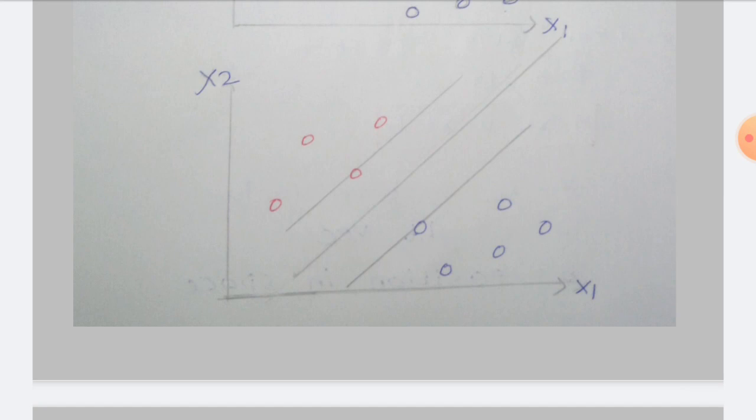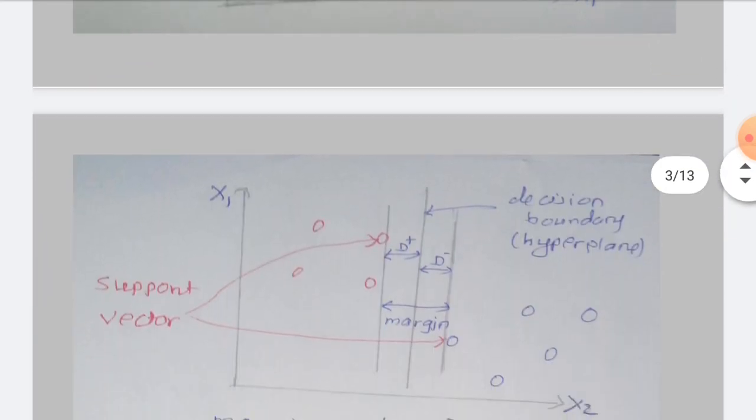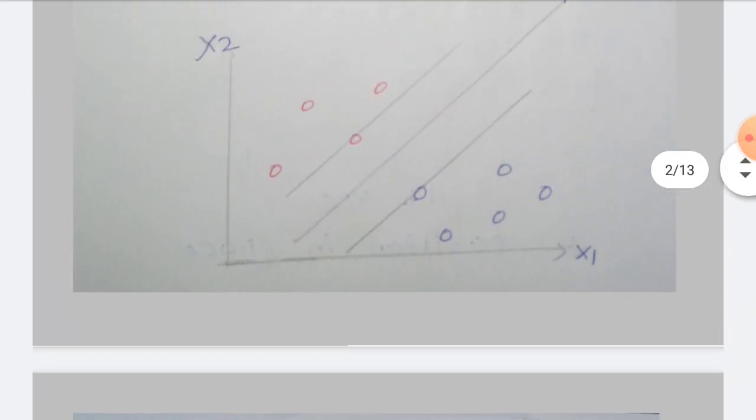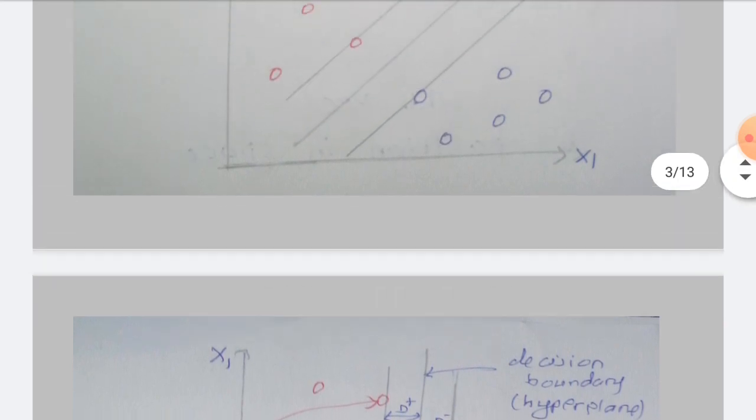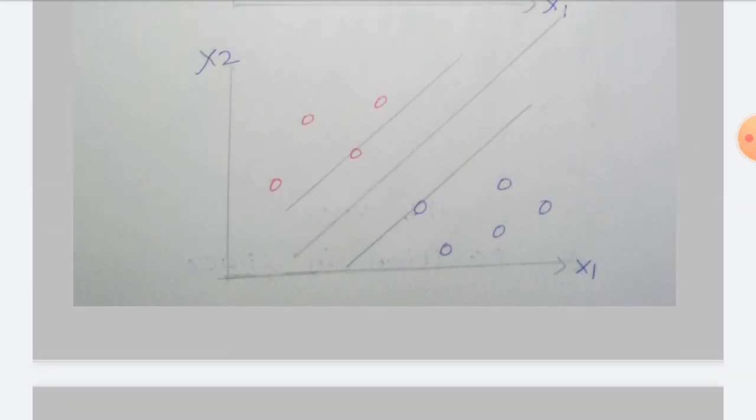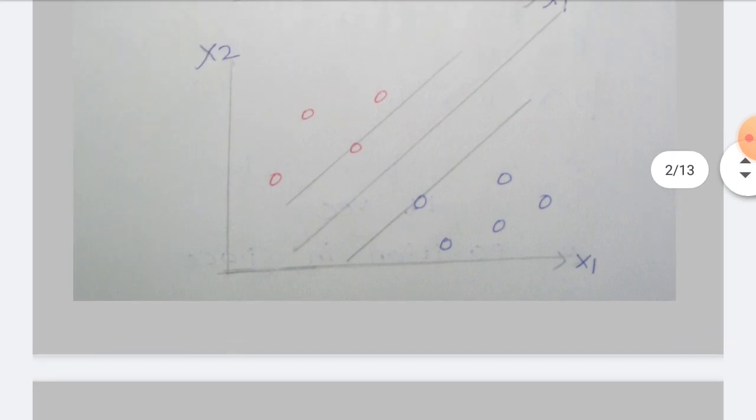Now for this slanting hyperplane, see the distance margin, we call it margin 1 and here it is margin 2. So which hyperplane should we select, either the above or below? We just have to remember that the one which has the maximum margin, we have to select as the hyperplane. So obviously in the above diagram we are getting the maximum margin, that's why we will consider this as the hyperplane for our given data types.